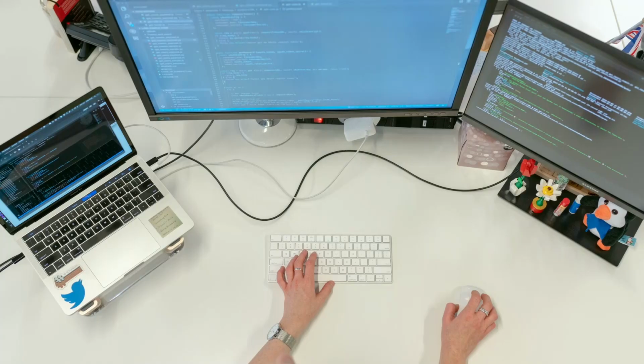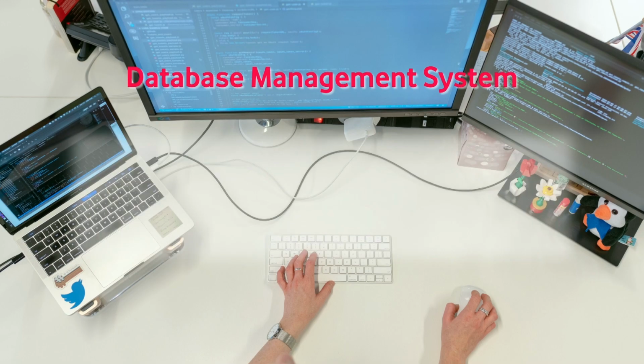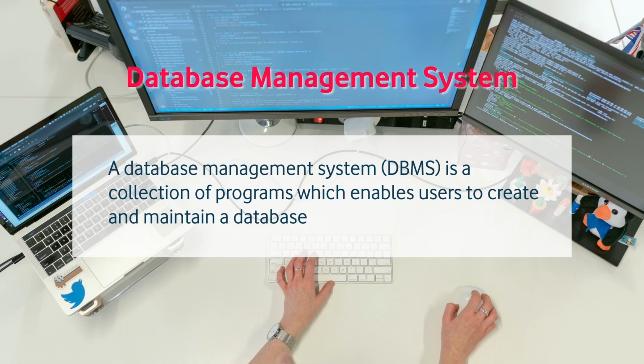Now as I discussed, a database is logically related data that is being organized and managed. For that management we need a system, and that system is known as a database management system. So a database management system is a collection of programs which enable a user to create and manipulate a database.